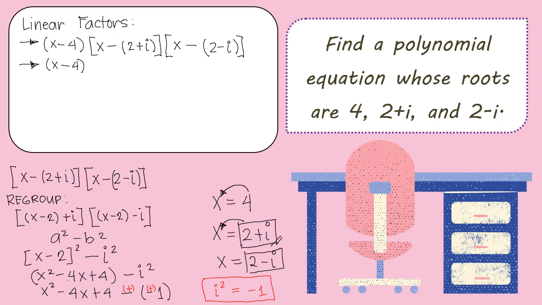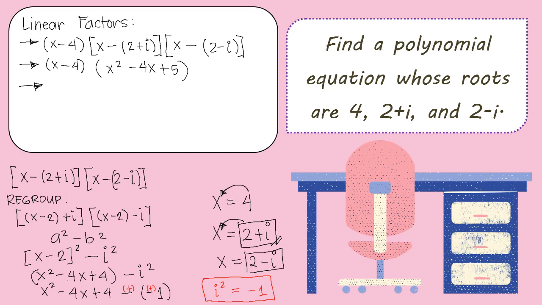So x squared minus 4x plus 4 plus 1. Therefore, we can now have x squared minus 4x plus 5. This is the product of the two complex factors that we have. Okay, and next to that, we'll just simply multiply this x minus 4 to the given trinomial that we got a while ago. So multiplying these two,